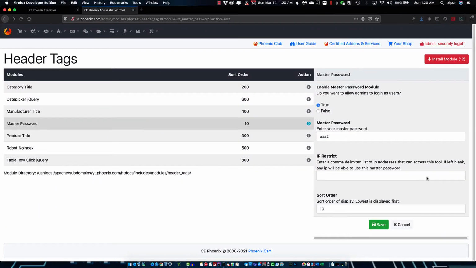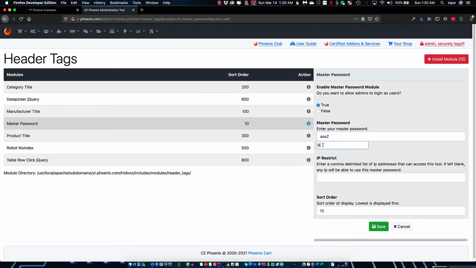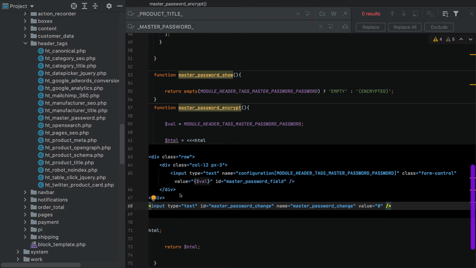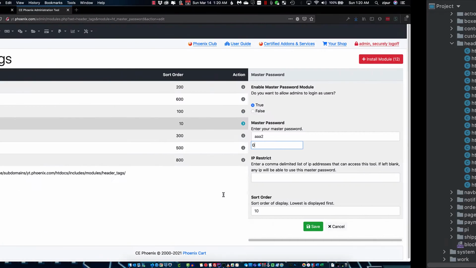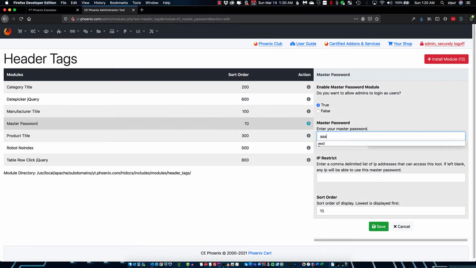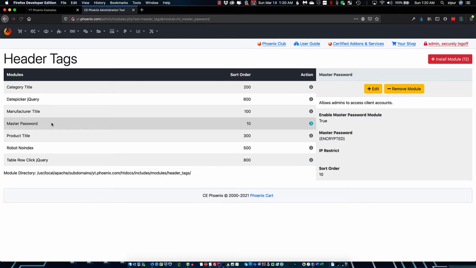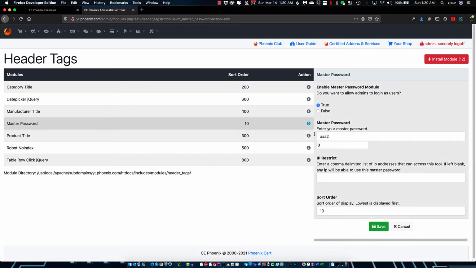Okay, so if we go back here, refresh, we now have this 0 field in there. So what we want to do is, if somebody enters some text in here, we want to make sure that when they click save, it encrypts that and saves it into the database. But if somebody were to come back in here, once it's encrypted and click edit, and they have the encrypted